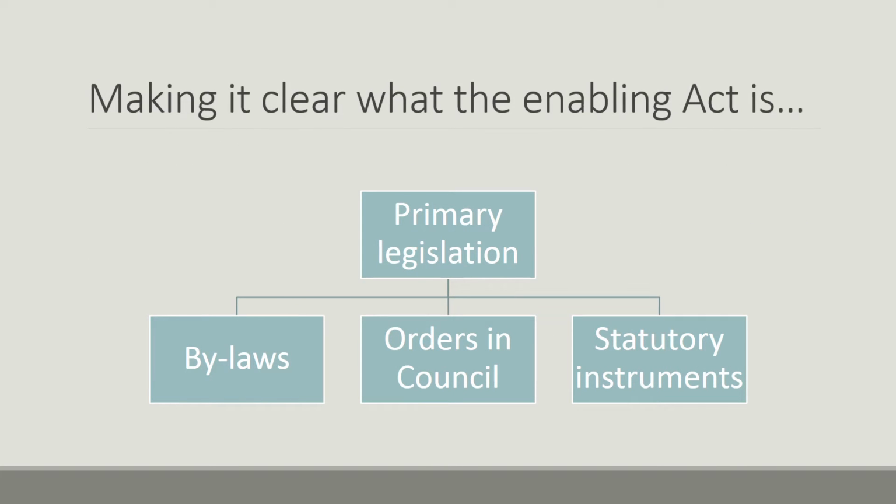It's really important in these questions that you are completely clear about the difference between primary legislation, shown here at the top, which are acts made by Parliament, and delegated legislation, shown at the bottom, which is bylaws made by local councils and public companies, orders in council made by the Privy Council, and statutory instruments made by government ministers. All of these laws on the lower level are secondary legislation, another name for delegated legislation, and they can only be made under the authority of an enabling act, or parent act sometimes called, passed by Parliament as primary legislation.